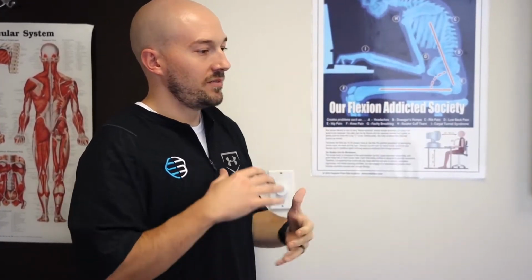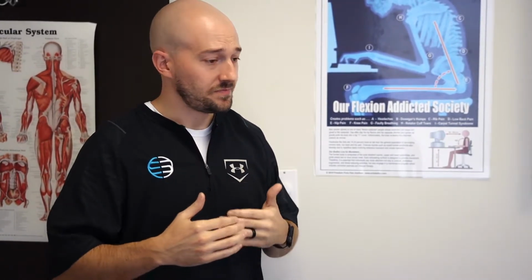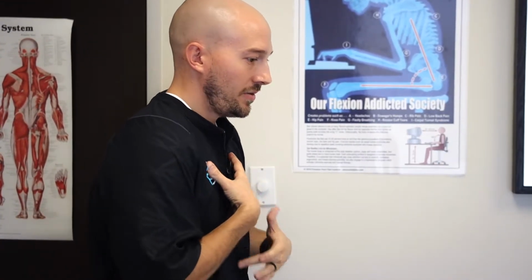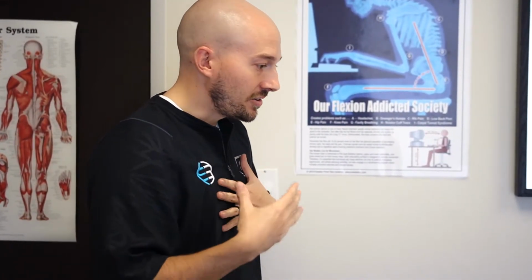So when we start to lose that functional mobility and capacity at that thoracic spine, we then start to create compensations in the cervical spine as well as the lumbar spine, and then even getting into the shoulder girdle. So to exaggerate, if we're very rounded and we have a lot of flexion or kyphosis in our thoracic spine, if those segments lose the ability to naturally extend and rotate, well, your body has to get things done. To compensate, you're going to start going into some upper cervical spine hyperflexion extension for movement, or hyperextension at that